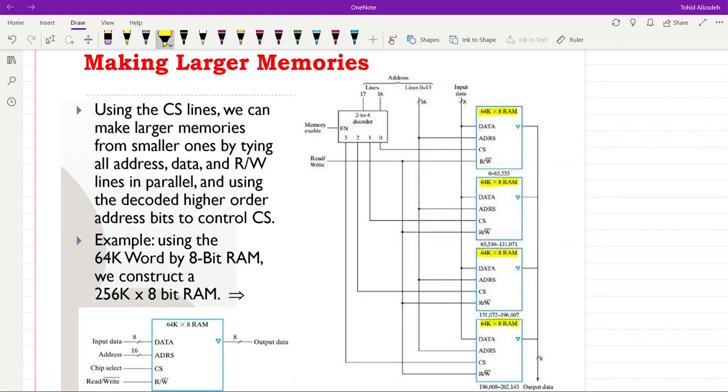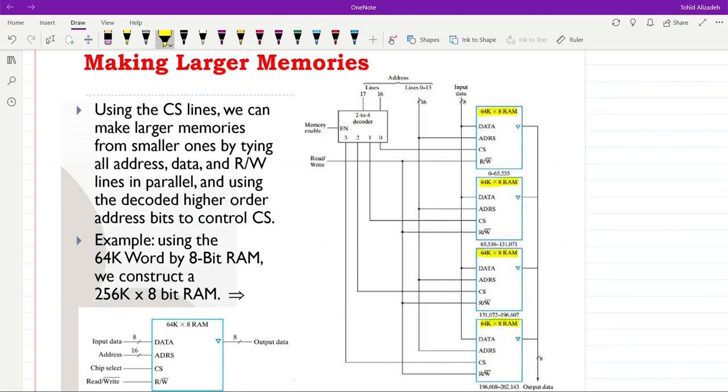So with this configuration that you see here, we are not going to increase the width of our words. So we will still use words with 8 bits. But we are going to increase the size of our memory in terms of the number of words that we will have. So in this way of doing it, we pick